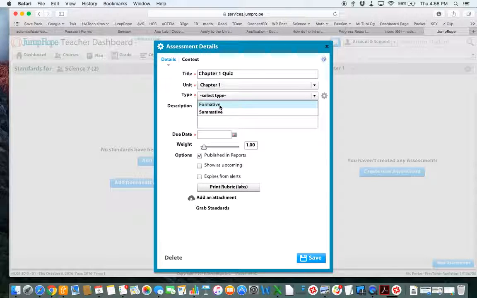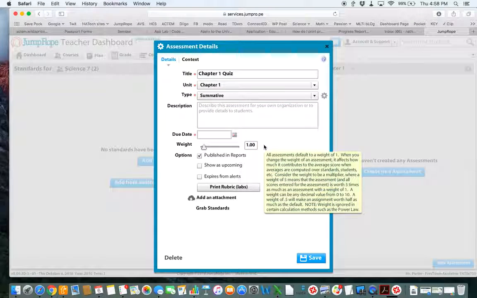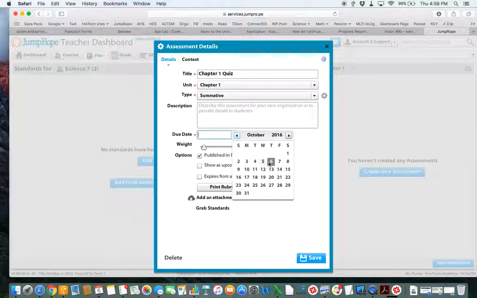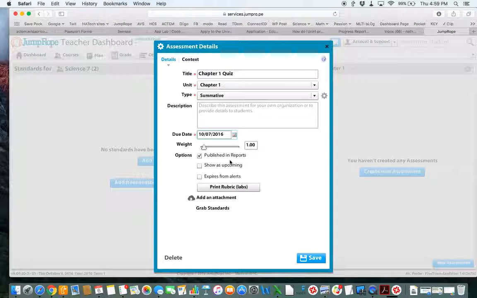If I look closely at what happens to the weight, if I pick formative, you'll see that it has virtually no weight, and that's in there by design. So I want this to be a summative, and it has the weight of 1. And notice here I do have to have a date because it is starred, so I need to give this a date, and that might be on the 7th. So we're planning on that for